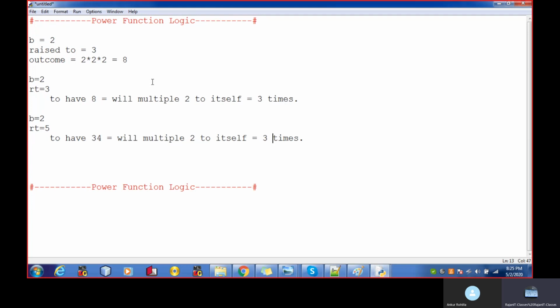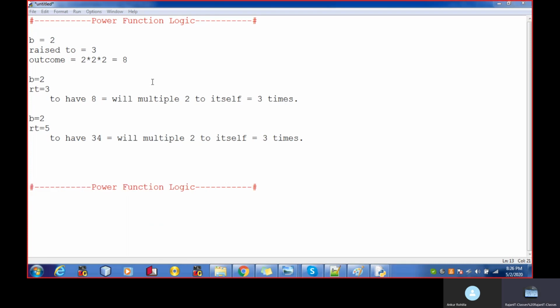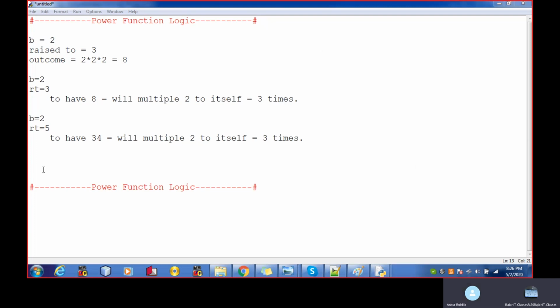How many number of times should I multiply that 2 by itself to have, let's say, assumed that 2 raised to power 5 is 34. So 2 to the 4, 4 to the 8, 8 to the 16, and 16 to the 32, right? 34 cannot come at all. So that's why I just assumed it, just to assume for the time being, right? So to have 32, we will multiply 2 by itself how many number of times? 5 times.